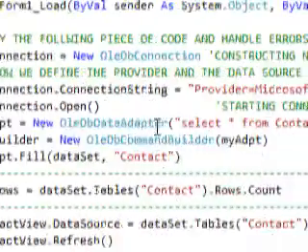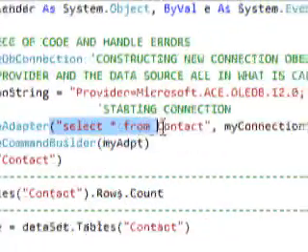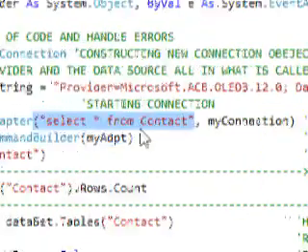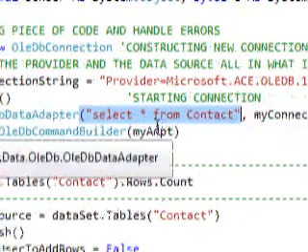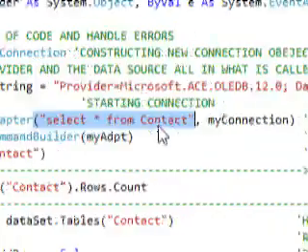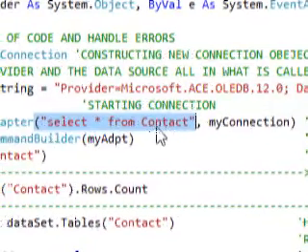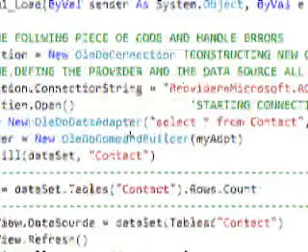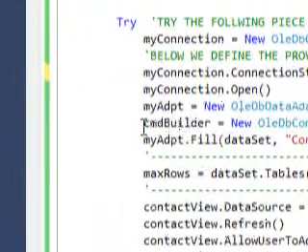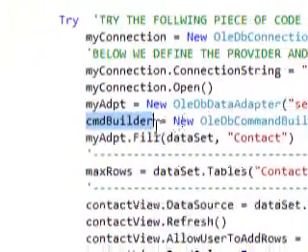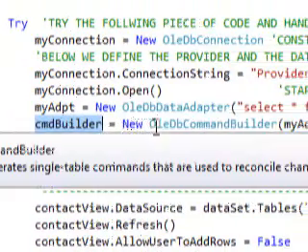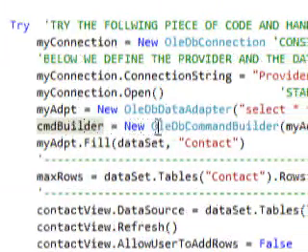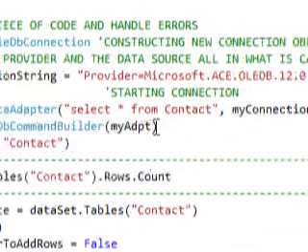So my adapter equals new OleDB. Select means get all information, all fields, all records from the table which is named contact that is reached by the my connection object. Command builder. Now we have to create a new object of command builder, which is new OleDB command builder, and join it